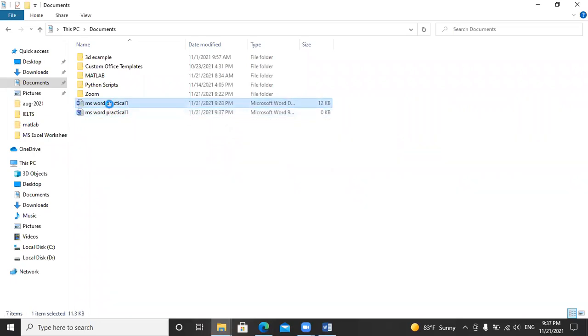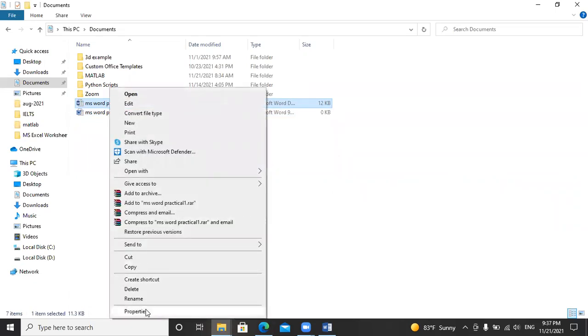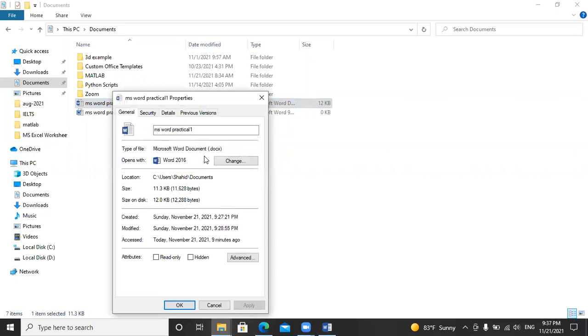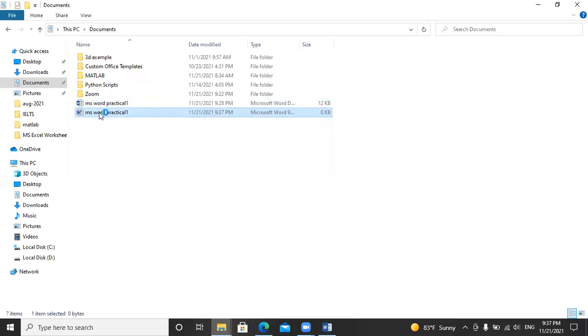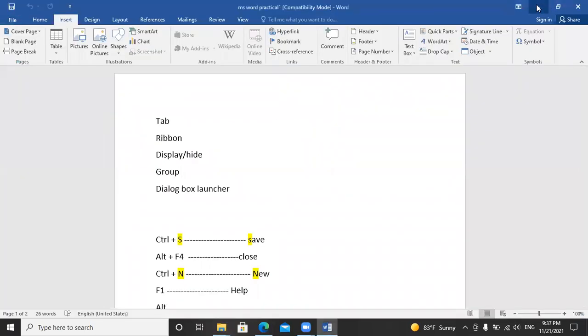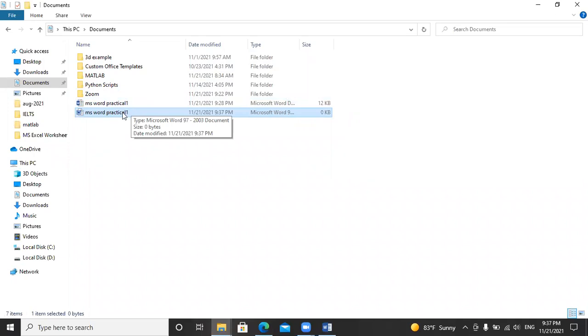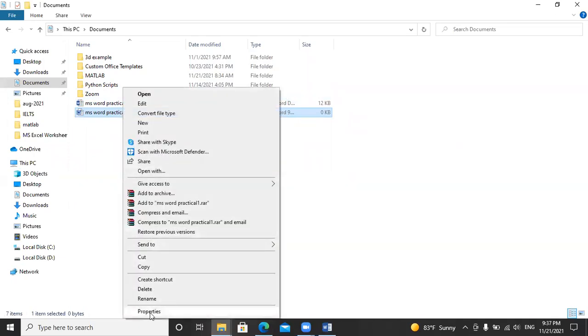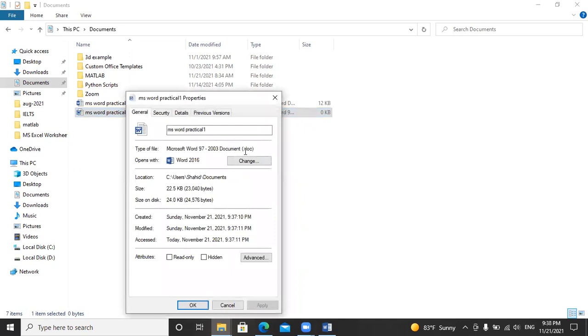If I right click here and move to Properties, you can see the document type is docx, that is Document X. And if I right click this one and go to Properties, this one is .doc, and here you can see 2003.